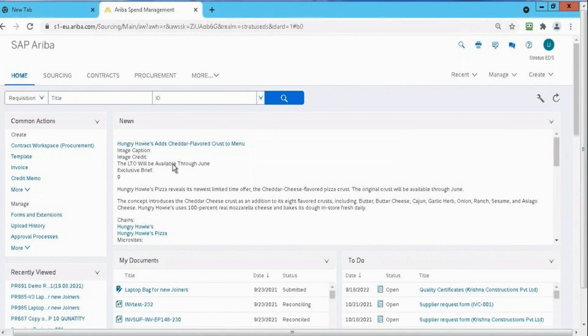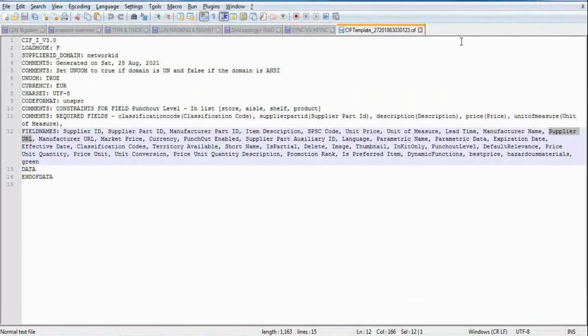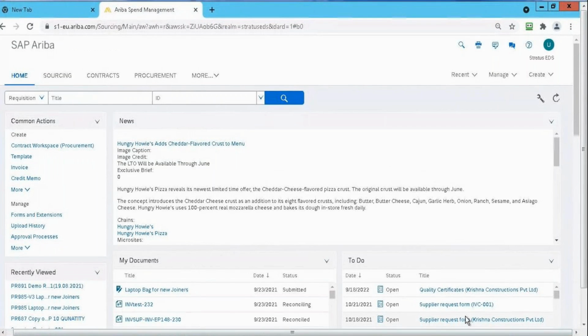I think the catalogs we import, and we give the approval process, and that's how it is, right? Okay. Do we also convert the Excel sheets to the CIF file, or is it always the Ariba guys who give it? If you have the option, but I don't know whether you have that kind of functionality. But if you have, you can convert. But I don't think we have that functionality. There's some kind of a tool or something required to convert the Excel file into the CIF. So we generally